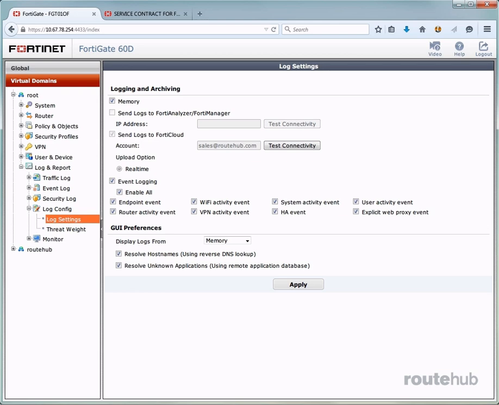Okay, and once again, this will show a similar page where all logging events is enabled and being sent to FortiCloud as expected. So if this isn't enabled, make sure that you enable this before we continue. You also want to make sure that all these logging events options are also all checked. And also you want to make sure that these are also checked as well for resolve hostname and other resolve